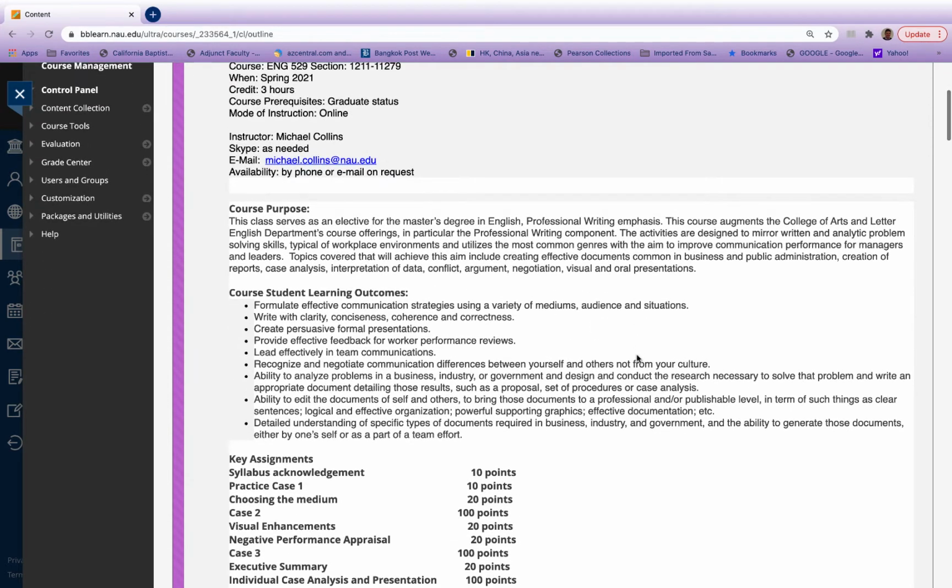The course purpose is mainly for leadership, people looking for opportunities to advance their career or develop leadership skills or what have you. This has a twofold component to it.